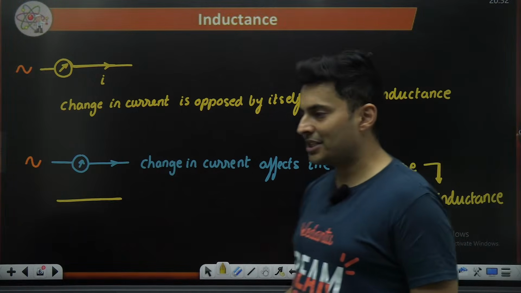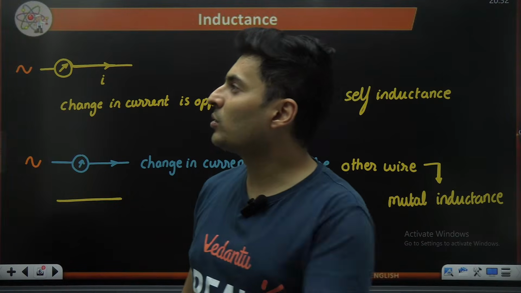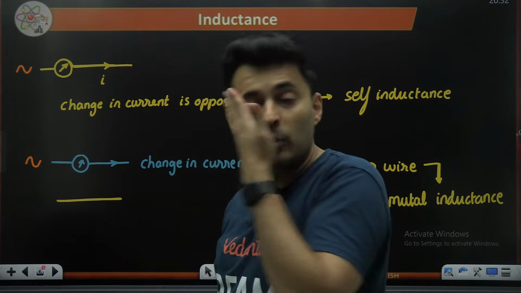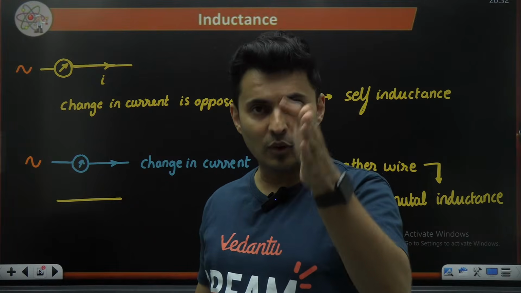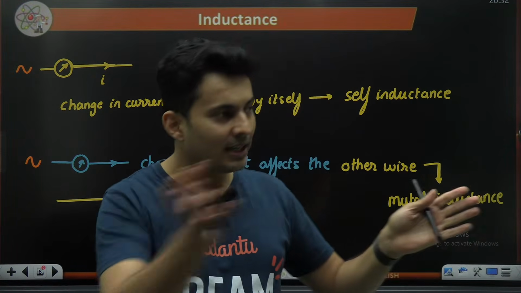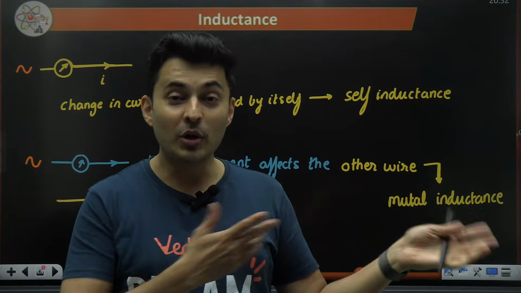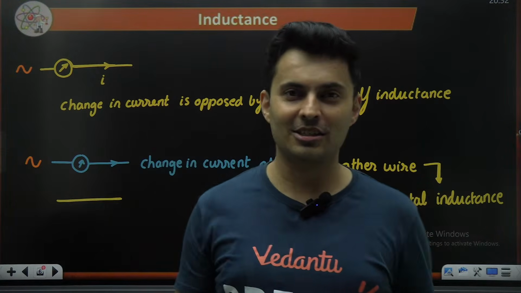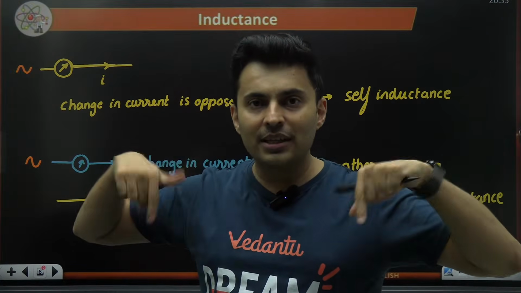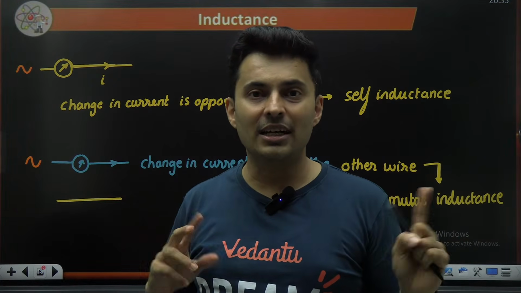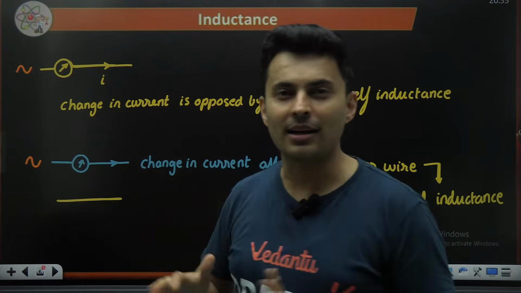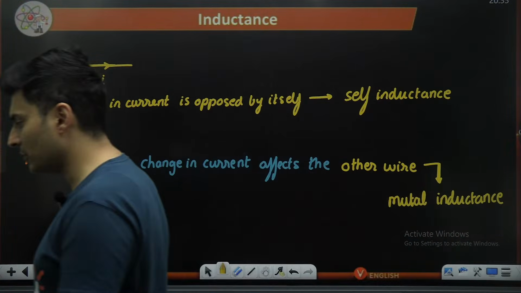You are watching the lecture now, you start looking outside because some music is playing, your friend comes and he opposes you, hey look man, focus on the class. That is like mutual. Or you tell your friend, hey look over here, you are opposing any kind of deviation. So self is when you oppose any kind of change within, mutual is when you oppose any kind of change in each other or the other wire or the other conductor. Okay, I hope this is absolutely clear.